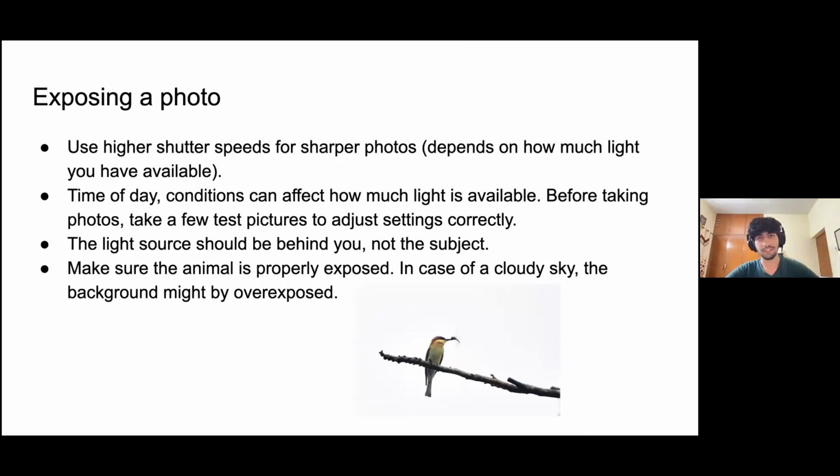and the amount of sunlight you have is really going to affect how much you can play around with your settings. So if it's really sunny, you have direct rays and all that, you can have high shutter speeds and wide open apertures and all that, and low ISO. But if it's cloudy, you might have to adjust your shutter speed or go for higher ISO, which means